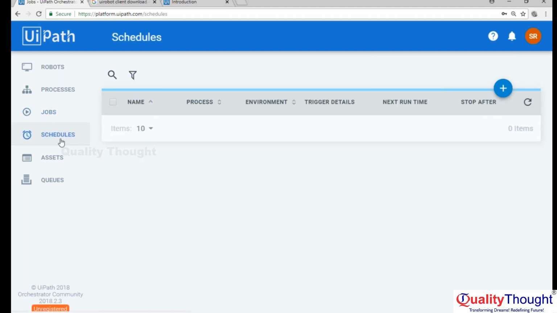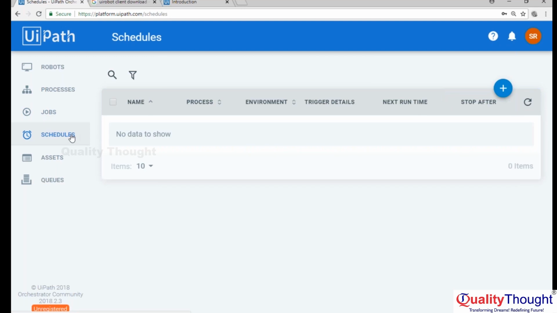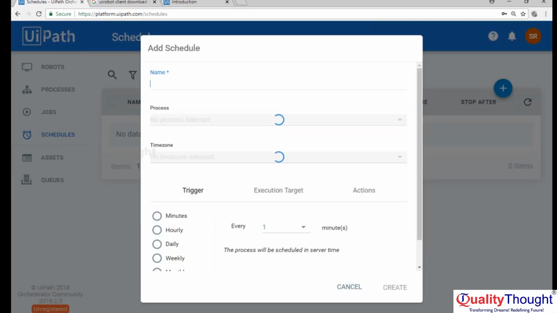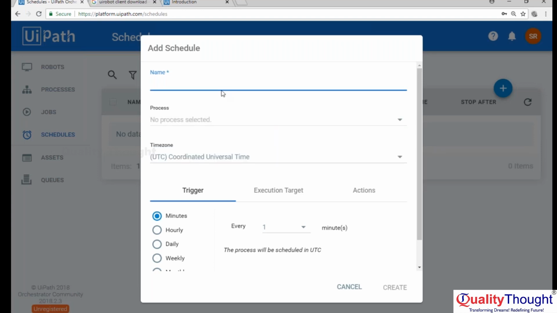So this jobs is something that you have to manually go and trigger, right? So instead of that, you can just schedule a job. So all you have to do is give the time, date, and day, how many times you want to repeat it, if you want it to run every day, or every weekday, or every Monday, Tuesday, Wednesday, and for how long, and until which date, or if it is forever, and all those details can be provided here. So you can say the schedule name is, let us say, robo 1 schedule,